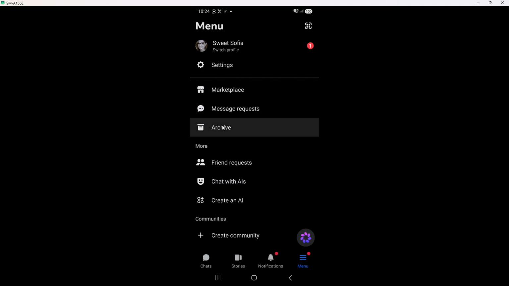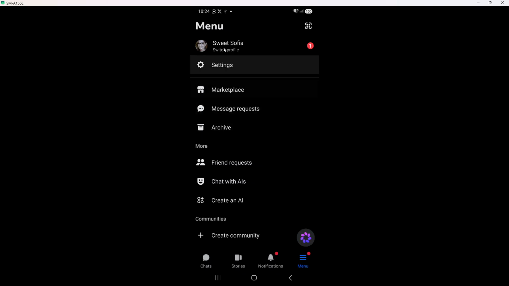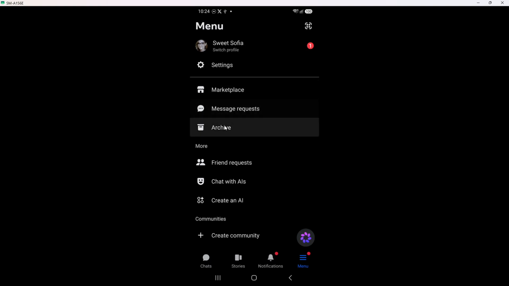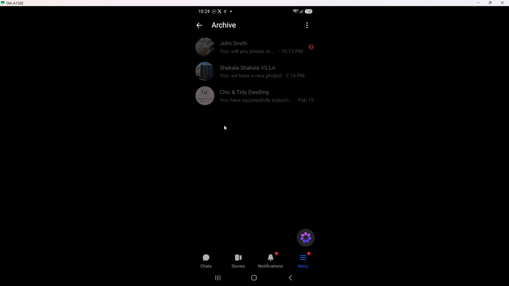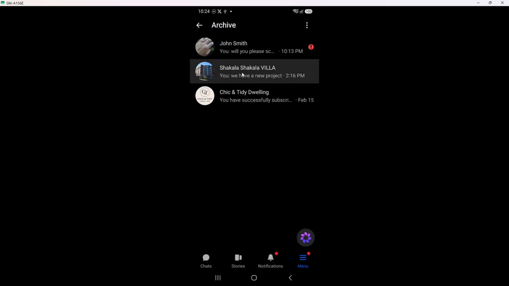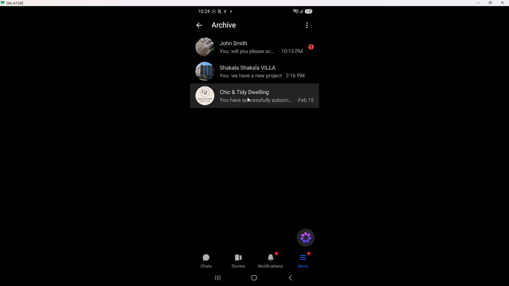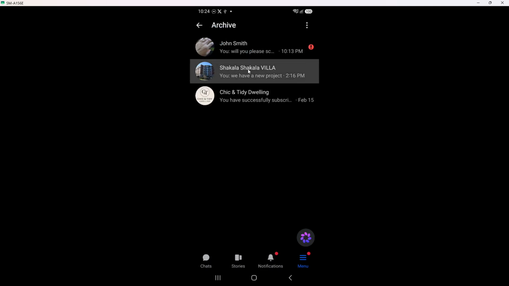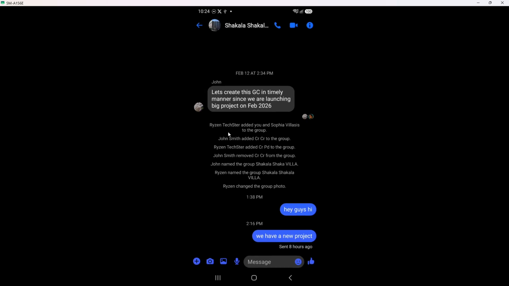From there, tap Archive Chats in the list. This entry is usually somewhere near the top half of the menu. When you select it, Messenger switches to a special view that only shows conversations you archived earlier. Think of this as a hidden storage drawer for chats you wanted out of your main list but did not erase permanently. Many people accidentally archive conversations when they swipe on a chat, so it is worth checking even if you do not remember doing it.